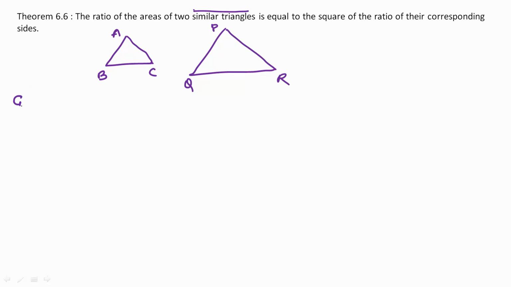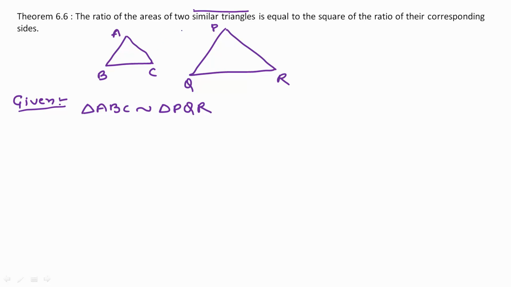It is given that triangle ABC is similar to triangle PQR, and we need to prove that